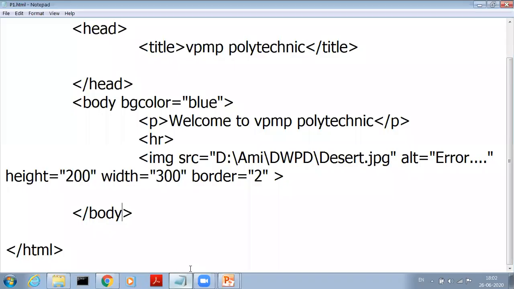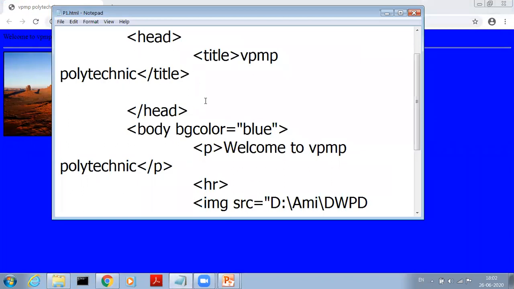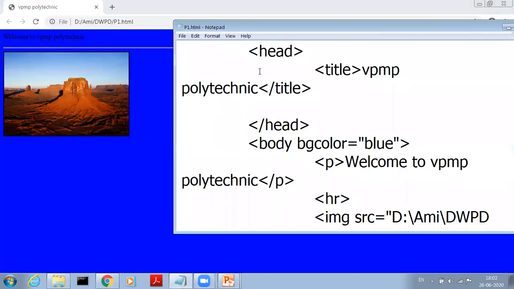First, here I write the title VPMP Polytechnic, so it is displayed in the title bar of our web page. Then bgcolor equal to blue, so our web page color is blue. After the body tag I write welcome to VPMP Polytechnic, so it is displayed as our first line.